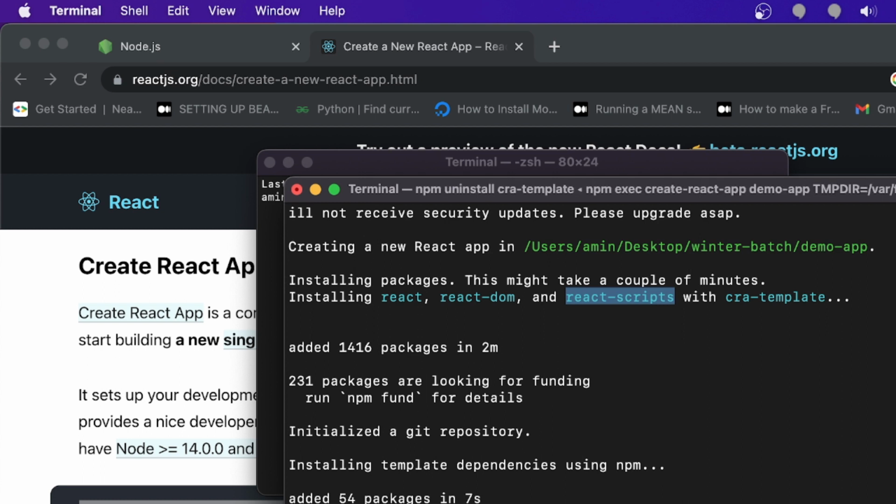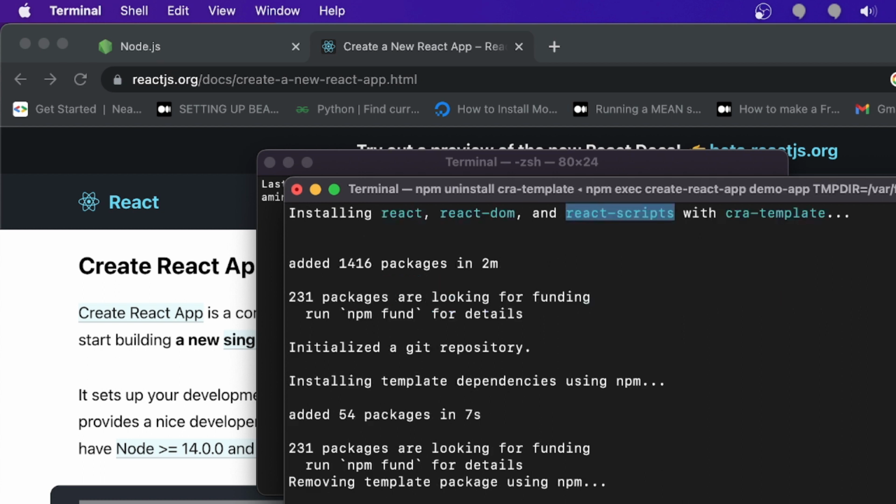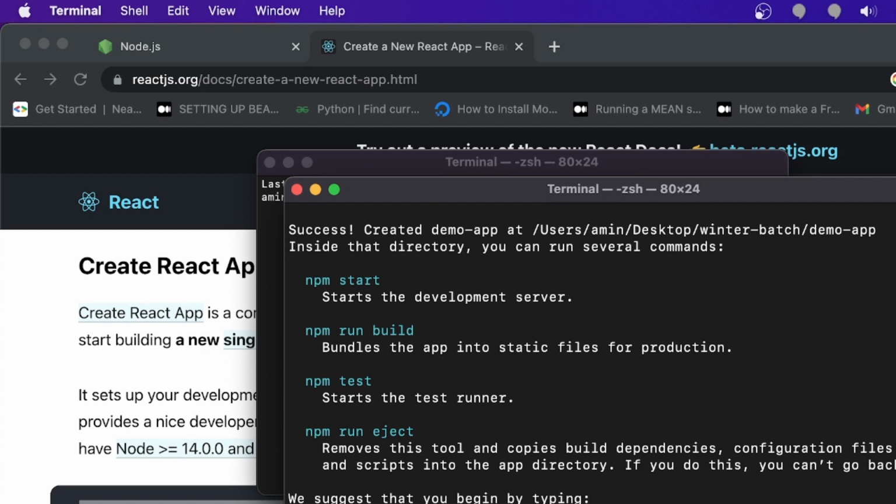Just 1 second, guys. It is installing actually. Okay, now